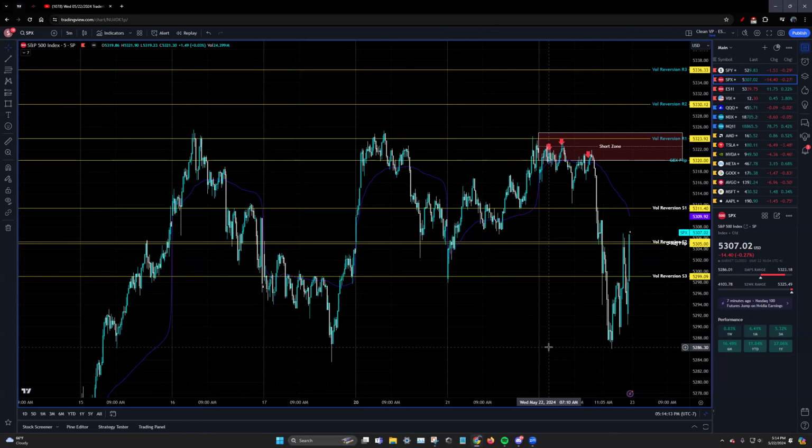Next one was vol reversion. What's it called? This one lined up relatively close to S1, so I took it off the moment we tapped it. The next trim and full exit was vol reversion S2. Why did I take it off at vol reversion S2? Because as you can tell, there's one more label here, de-adjusted flip. So we can go back and look at the video and see what that looked like